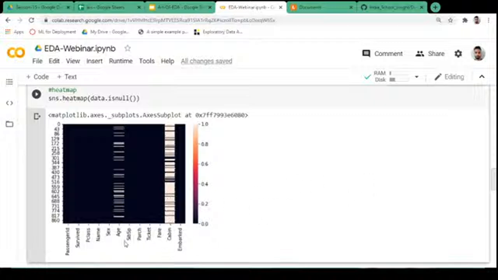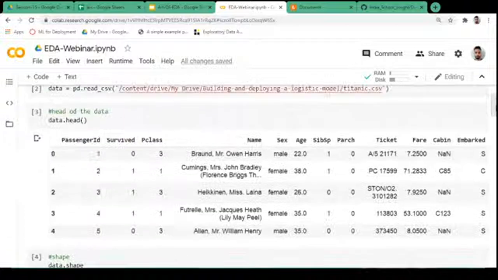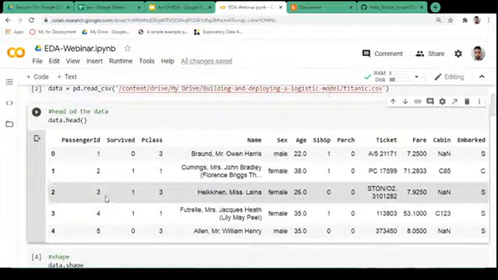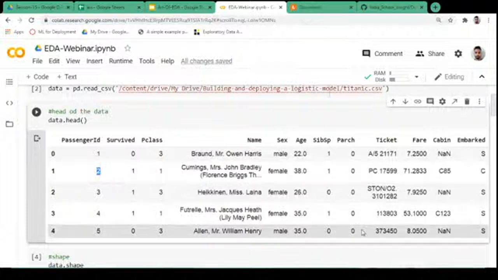And also if you see, this passenger ID does not add any value as well. Why? Because if you check this passenger ID, this is just a serial number, right? These are just indexes, that is 1 2 3 4 5. It does not help us to predict whether a person aboard Titanic is going to survive or not, right? So we have identified these 2 variables that we are going to get rid of, that is passenger ID